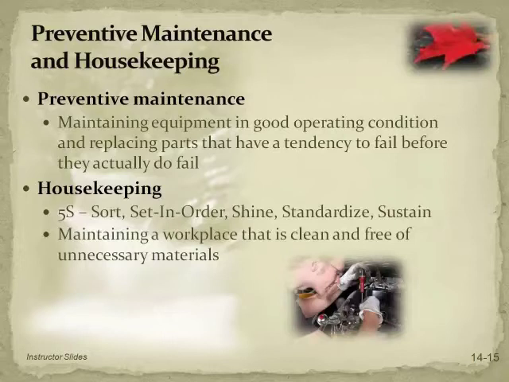We need to do housekeeping. In fact, one of the very first things that we typically do in the implementation of Lean is something called 5S. Your textbook doesn't talk about 5S, but usually that's the very first step. Implementing 5S alone will have a tremendous number of benefits in reducing waste. So 5S is 5 different words that begin with the